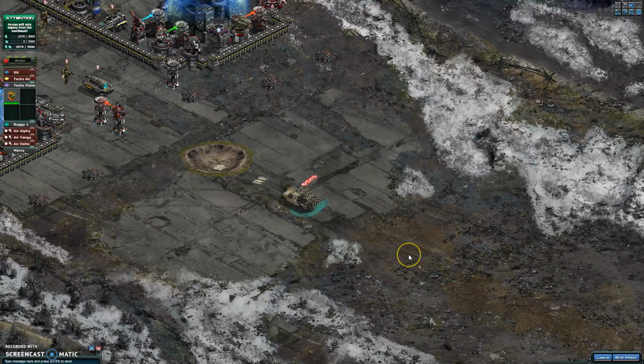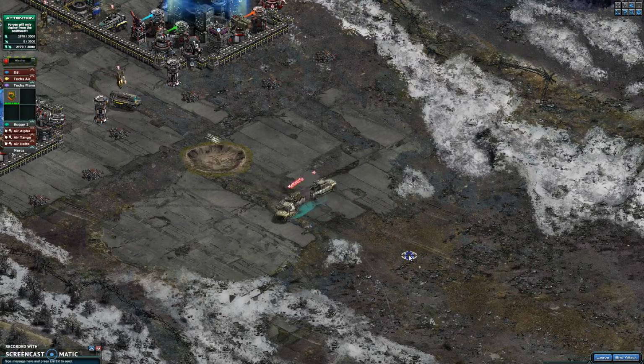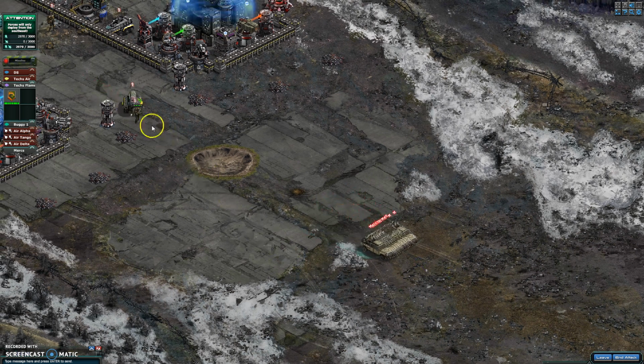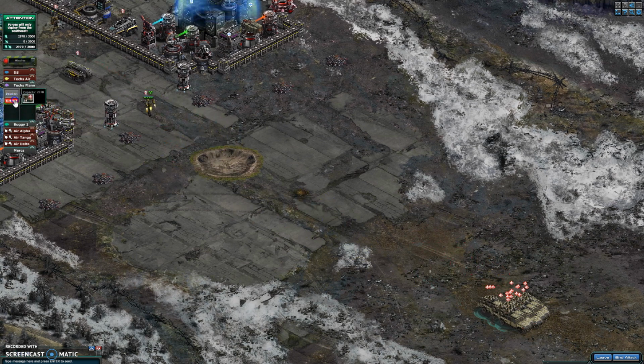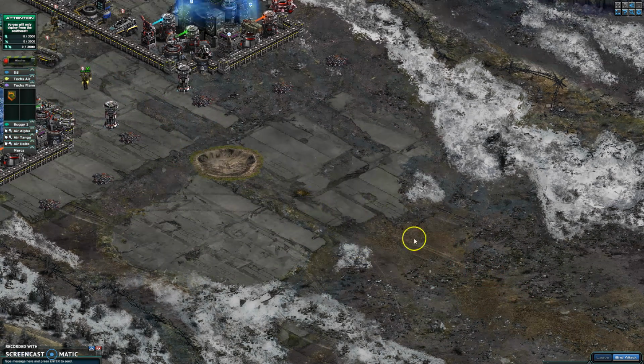Take a little bit of damage, but not a lot. Oh, he didn't come. All right, we didn't get him. Well, we'll get him with something else. Okay, so that's the end of that. Now we will bring in...